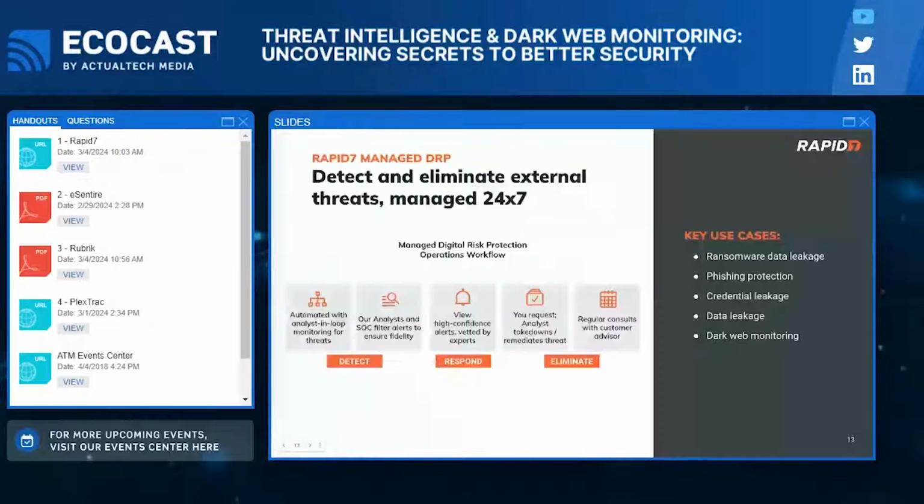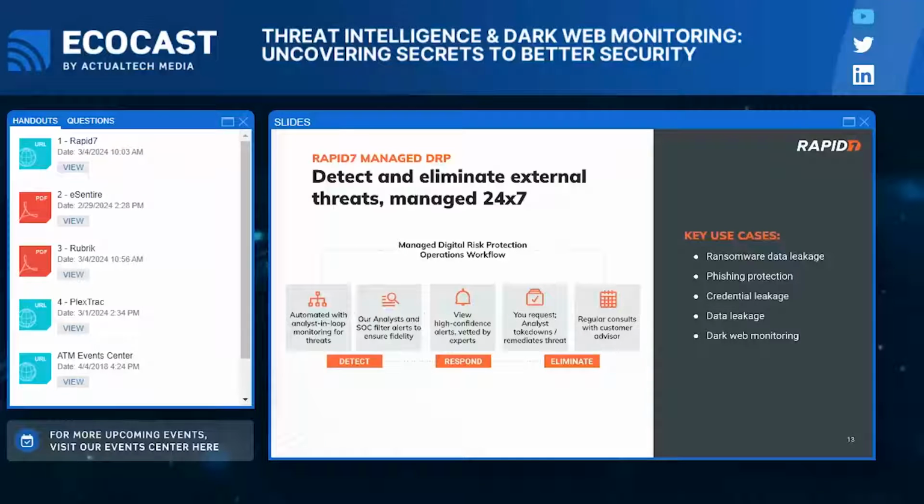So that's our focus. But again, today we're really focused on those before phases, those proactive steps that you can take. And we've got this managed digital risk protection service. It's that great digital risk protection technology married with our leading services organization to help you identify some of those early signals that we talked about. And we're looking at them on your behalf 24/7. So we've got a talented veteran security team that is leveraging a combination of automated AI-driven detections alongside their own hunting and proactive services, looking for those threats constantly on your behalf.